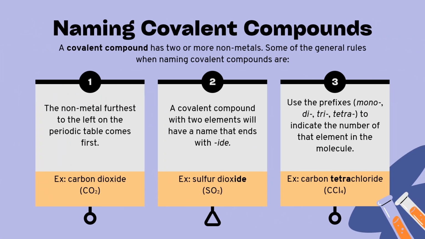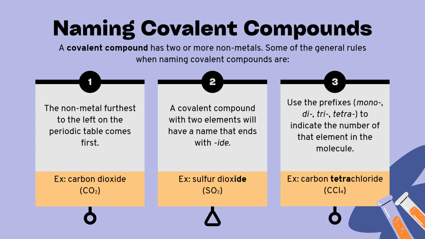Now naming covalent compounds. Covalent compounds are where the electrons are shared by the two elements to form a bond. Now a covalent compound has two or more non-metals. Some of the general rules when naming covalent compounds are: the non-metal furthest to the left on the periodic table comes first. Now here, carbon dioxide,